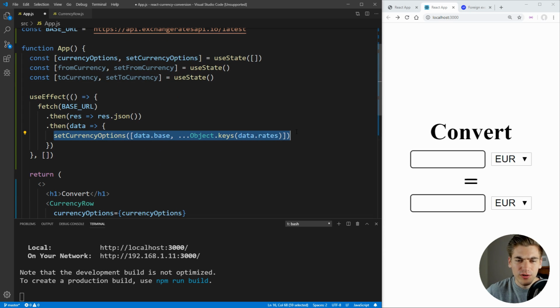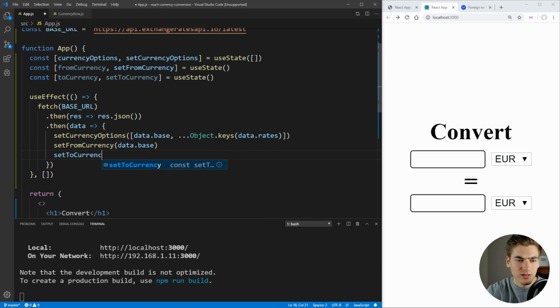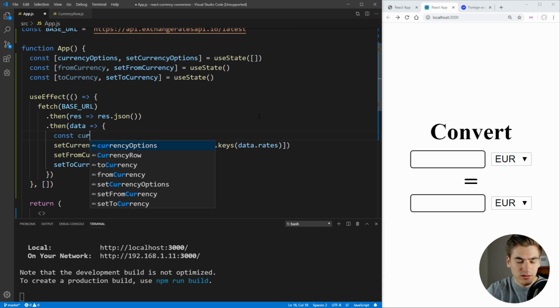And then when we get all of our currencies, we want to set our from currency to that base currency. So we'll just say data.base. And then we also want to set our to currency, and we're just going to get the very first option from this array. So in order to do that, let's actually get that first currency by just saying const currency